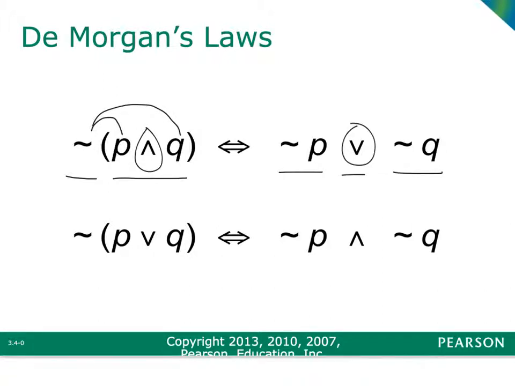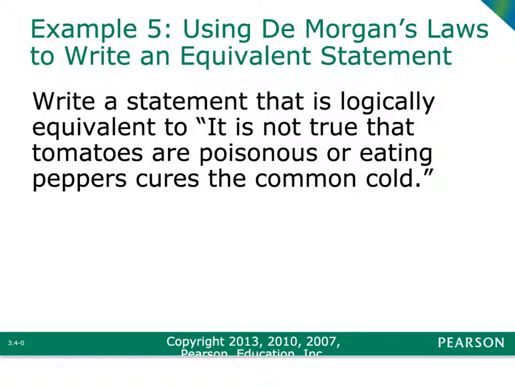It does work in the opposite. If you have a negation out in the front with an or symbol, you can again kind of distribute the negation through and make not P, not Q, and then switch the or to an and. If you ever have a situation like that, that's De Morgan's law. You do not need to develop a truth table. You can just automatically switch it because it's a theorem and they proved that it's true, and you can automatically go to the final result or the final equivalence. Okay, so for an example,